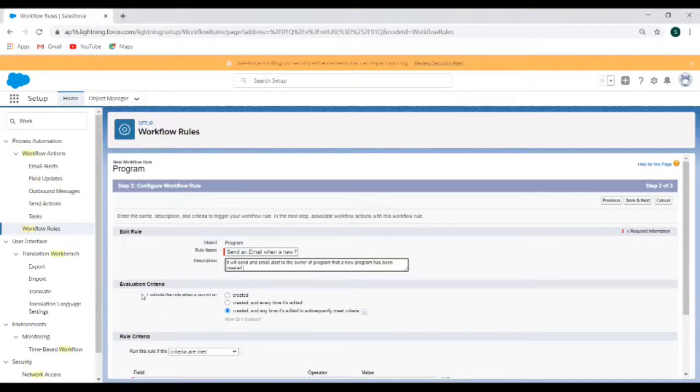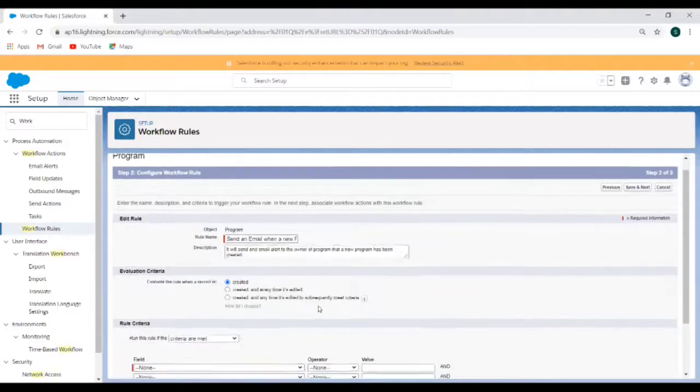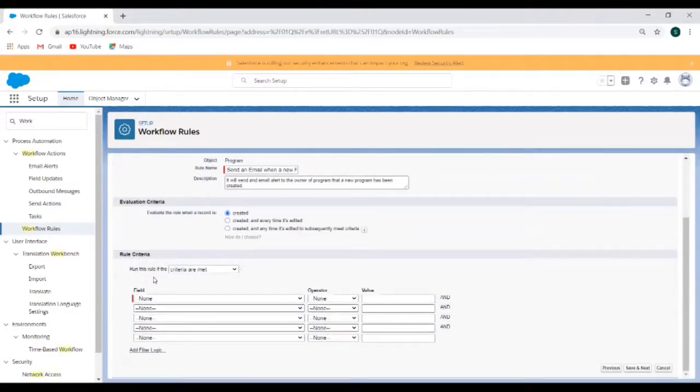And this is the evaluation criteria which we have talked about. There are three options: created, created and every time it's edited, and created and any time it's edited to subsequently meet the criteria. In this case, we want to evaluate the rule when a record is created. So whenever a new record is created, we want to send that email and run this rule if the criteria are met.